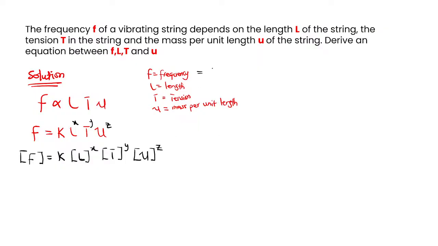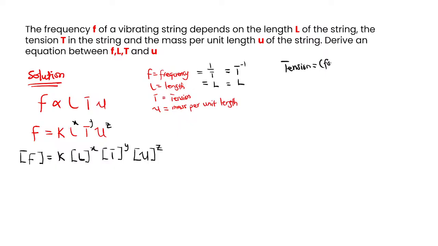Now frequency is inversely proportional to time or period, so it is 1 over t. Now we know that time or t, the dimensional equation for t is still T. So in this case 1 over t will be rewritten as T inverse, or T raised to the power -1. Now for L, which is length, the dimensional equation for length L is still L. So it's still just capital L. Now for the T here, which is tension, let me do that here. For the tension,